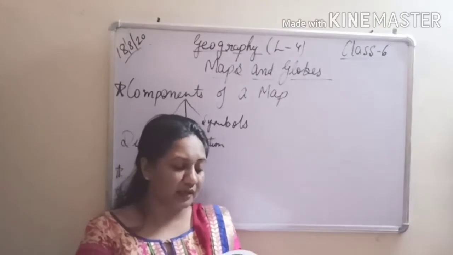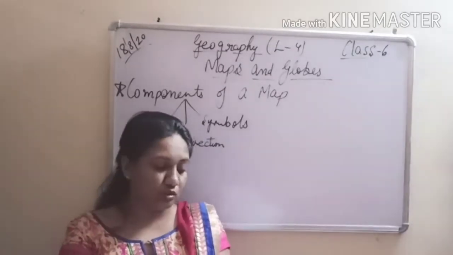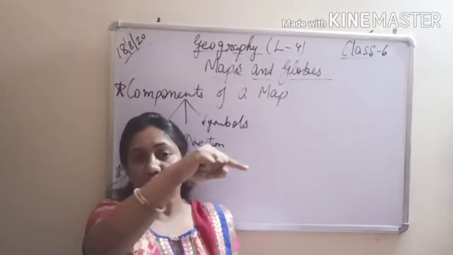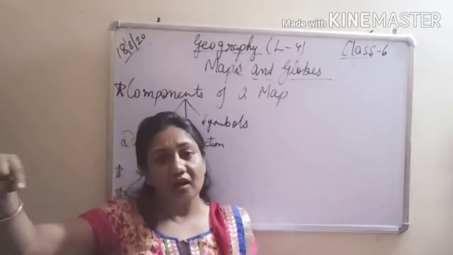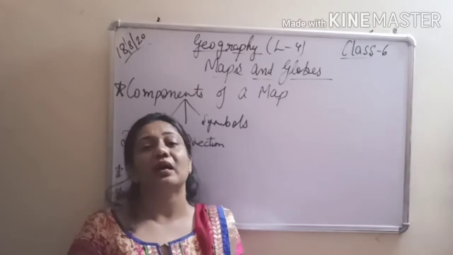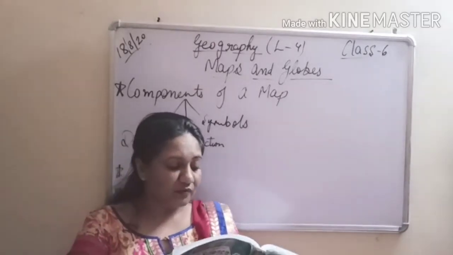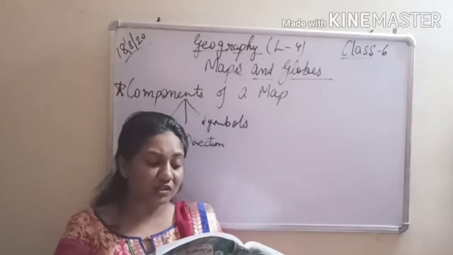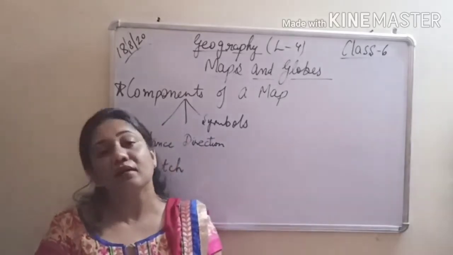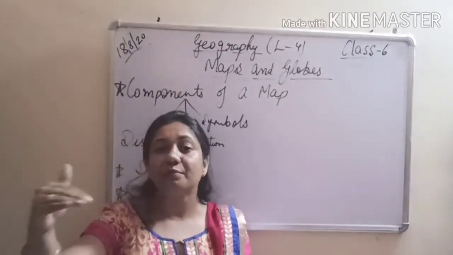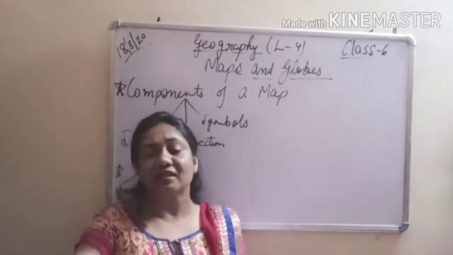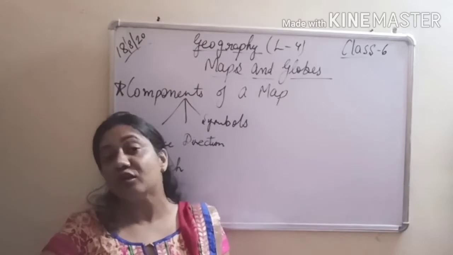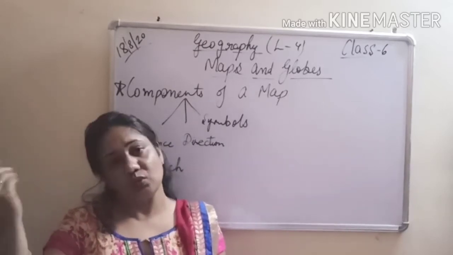So you need to underline, when the distance between any two places on a map is measured along a straight line. So if we take the distance in accordance with the straight line, it is known as map distance. When the distance between the same two places is measured on the ground along a straight line, it is called ground distance. So when we take the map distance, it is known as map distance, and when we represent the ground distance in the form of kilometers, that is known as ground distance.